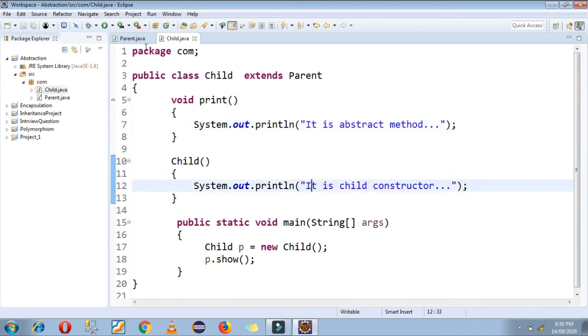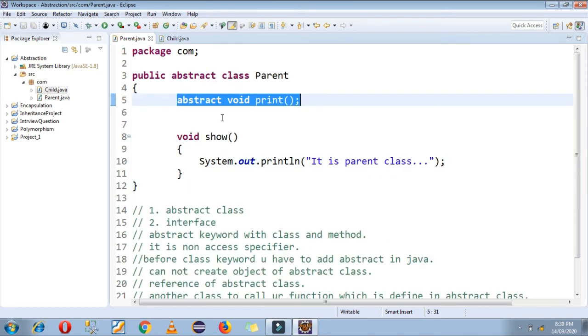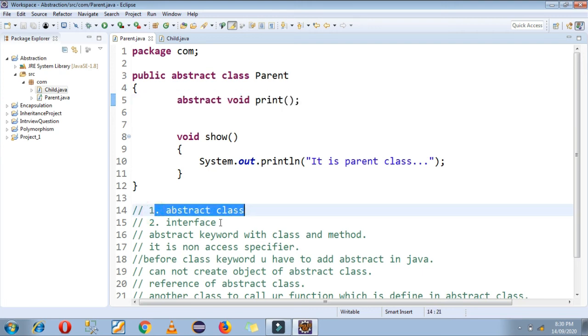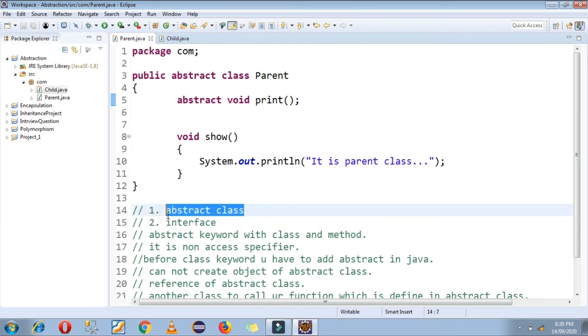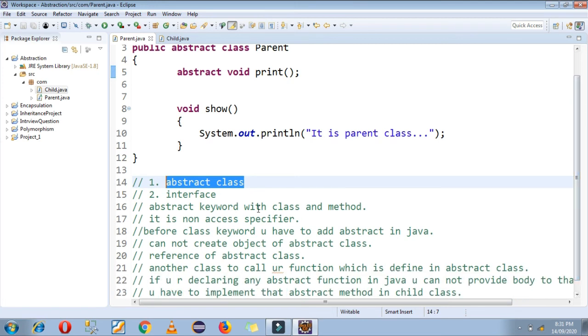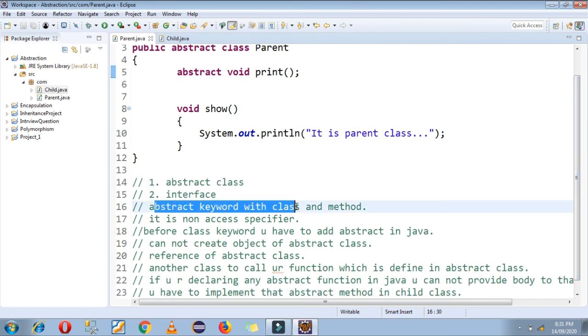So let's take one simple overview. In Java you can achieve abstraction in two ways. First, abstract class, another is interface. So how to create an abstract class in Java? You have to just add the abstract keyword before the class keyword.